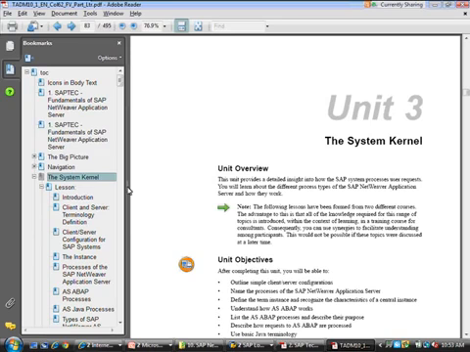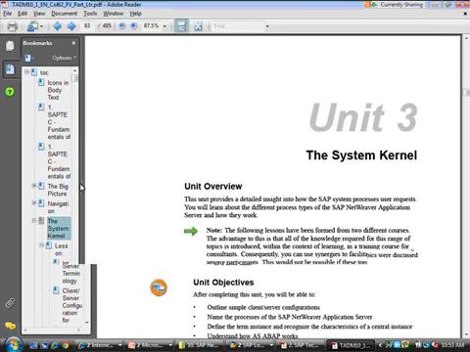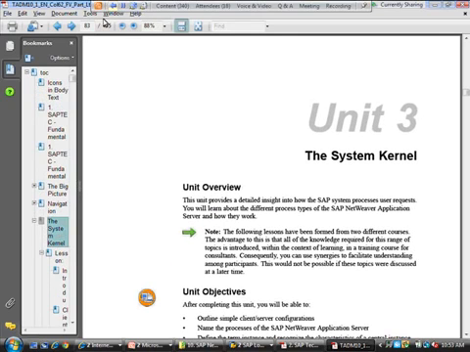So this is Unit 3. And there's tons and tons of material. Like this one book itself is 500 pages. So there's obviously no way we can go through everything line by line. So a lot of the reading will be something which you will have to do.